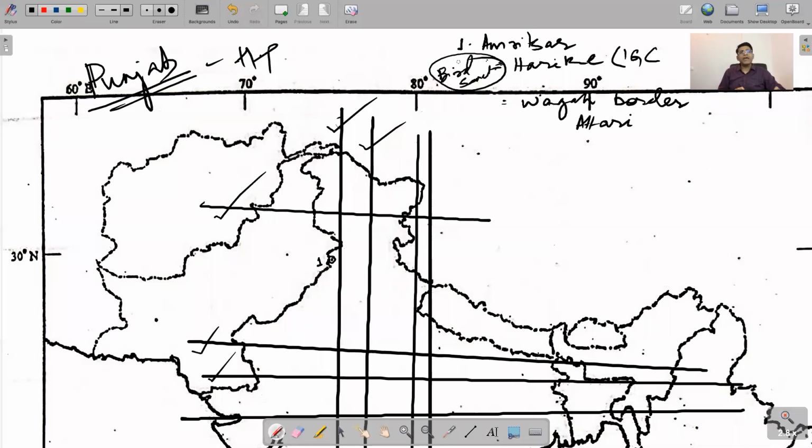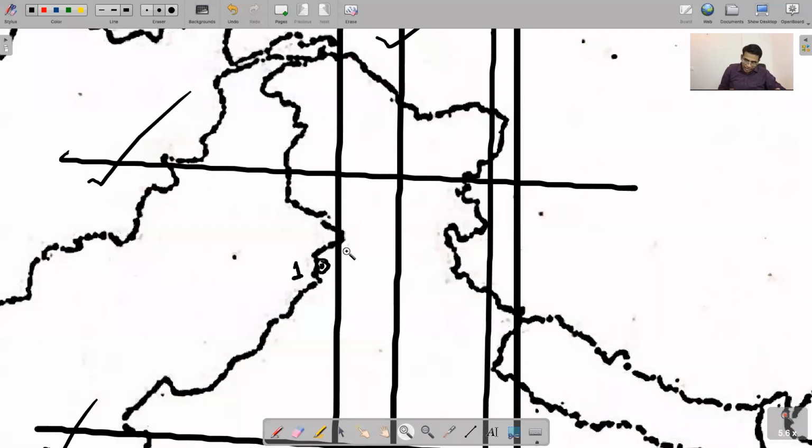And do you know where the Katarpur Corridor starts? There is a famous Gurdwara there, Dera Baba Nanak. Yes, Nanak Sahib. So if I exaggerate, this Dera Baba Nanak Sahib is just top of Amritsar. So if you have Amritsar, just above that, say somewhere here. So deliberately I am showing that as exaggerated somewhere here. Dera Baba, Amritsar, and just across the border, somewhere here, we have the terminus, Katarpur.